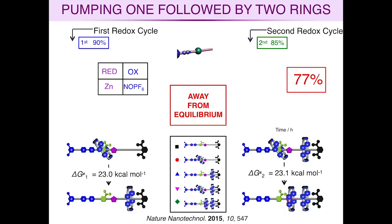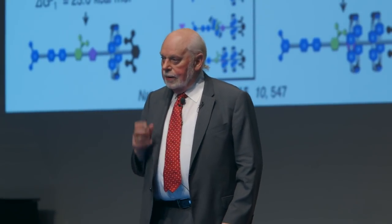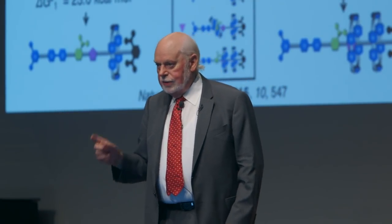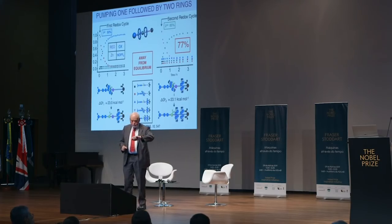But the most interesting thing from this experiment is that the barrier for the second ring coming on is within experimental error at 23.1 kilocalories per mole, the same as the first one at 23.0. In other words, the presence of the first ring on the collecting chain is not inhibiting the passage over to get the second ring. And so if we go from here to a thought experiment,